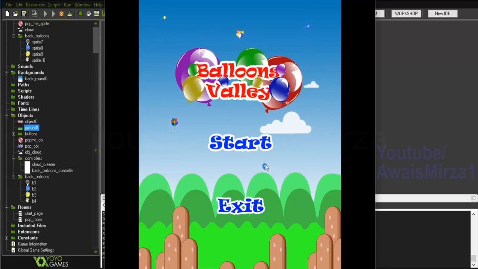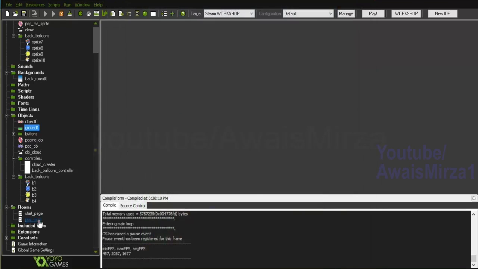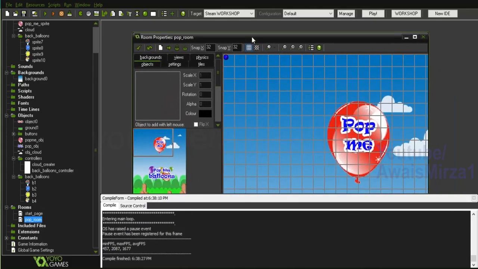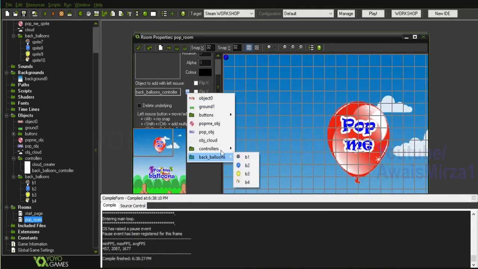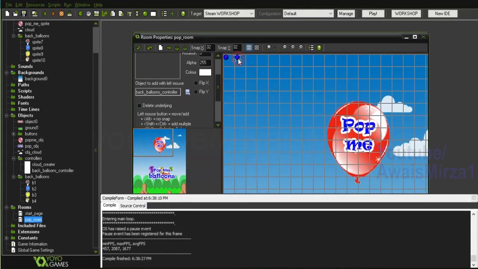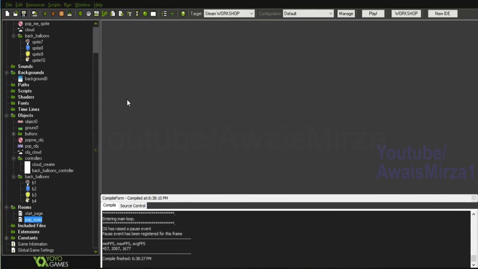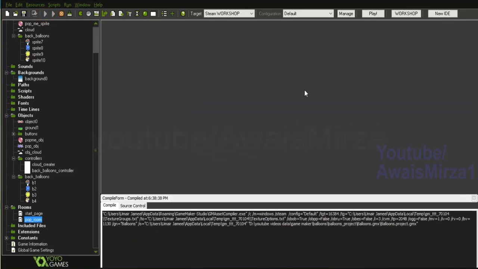All right, so these objects. Now let's add a controller to our pop room as well, because I want these balloons to come out from the back. Balloons controller. Let's add the controller to this one. Okay, so let's save my project. I'm going to run this again,